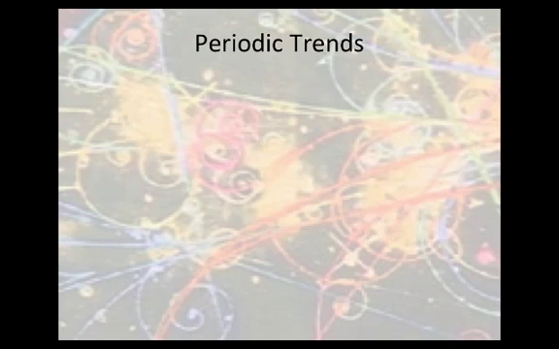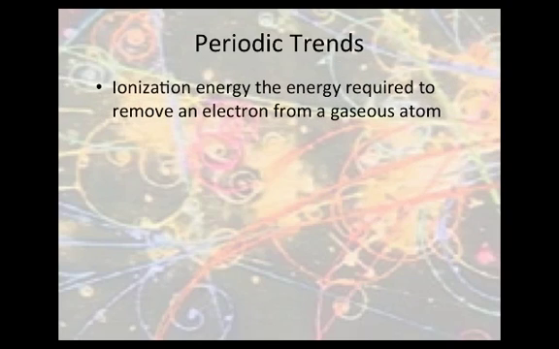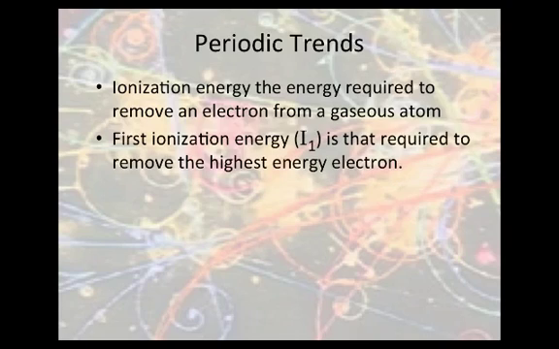So let's talk about periodic trends then. That's what we're leading up to. The ionization energy is the energy required to remove an electron from a gaseous atom. An atom in its gaseous state, we want to take its electron away. That's called ionization energy. So the first ionization energy, I1, is the energy required to remove the highest energy electron,